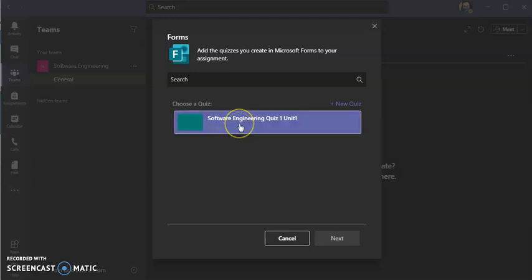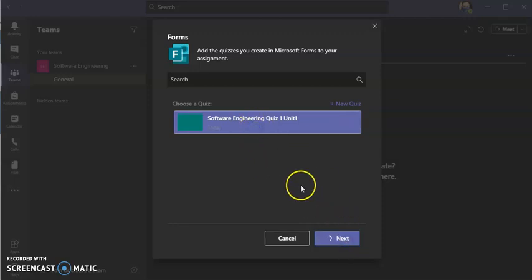I am selecting this because I have already created a quiz in Microsoft Forms. So I'll select this and I'll click Next. But if you want to create a new quiz, take this option. It will take you to the Microsoft Forms web page. There you have to create a quiz and then come back here. However, I have created a quiz already, so I am selecting this existing quiz.